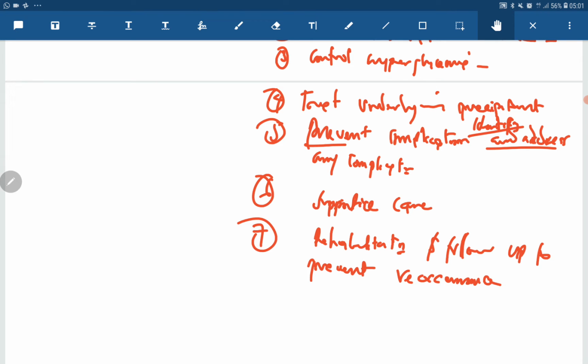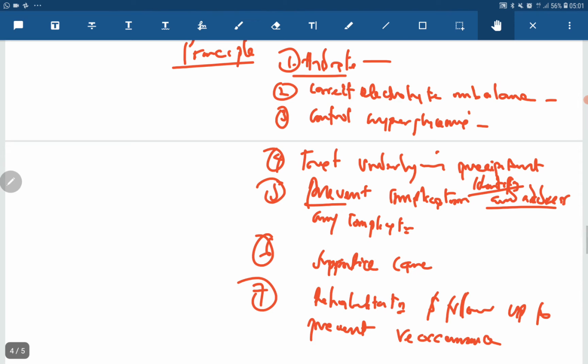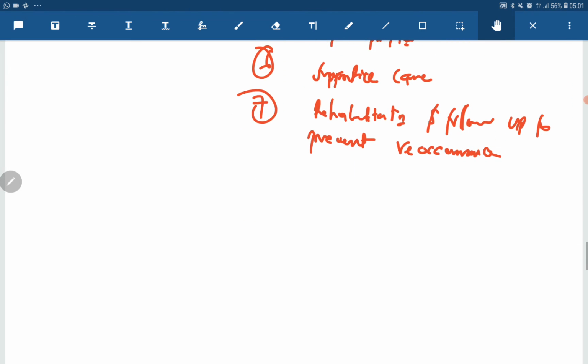It's very important. So this is just a summary of what we do. Now the first part is to hydrate. So we look at this to take care of our patient. In DKA,